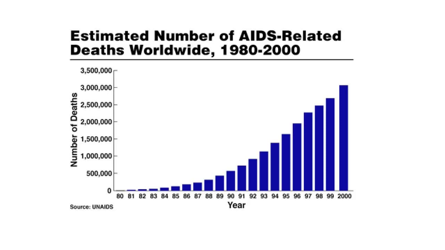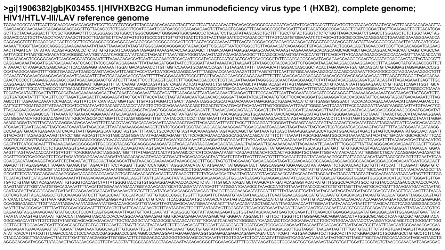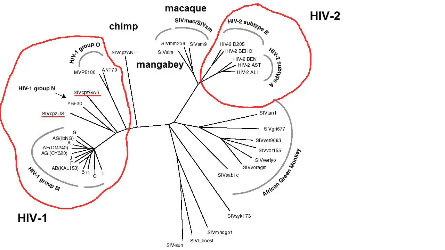If it was a virus with a lot of history with humans, it's unlikely that it would still be so pathogenic. Where could HIV have come from? We sequenced the genome of thousands of strains of HIV. And while there was an incredible diversity of sequences at certain locations, they all had a strong homology to various SIV strains. We usually break up the strains of HIV into two main groups, the HIV-1 and HIV-2 species.